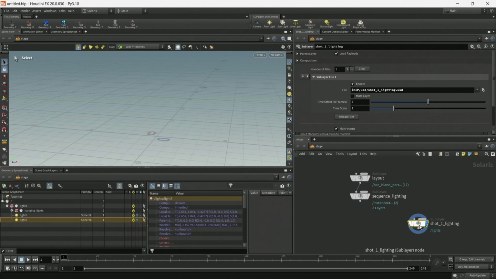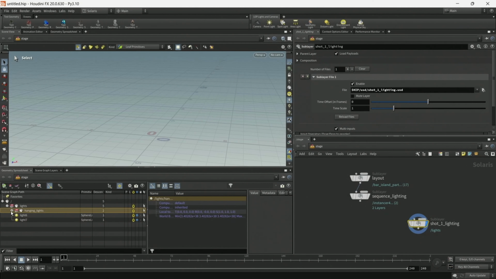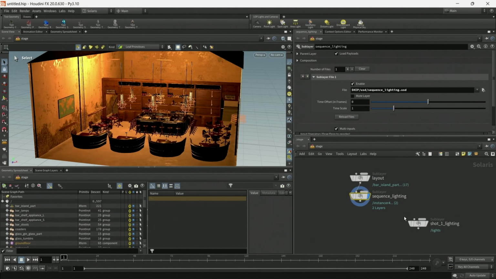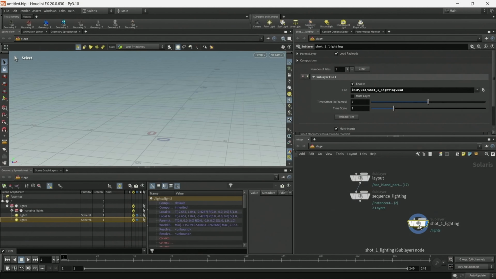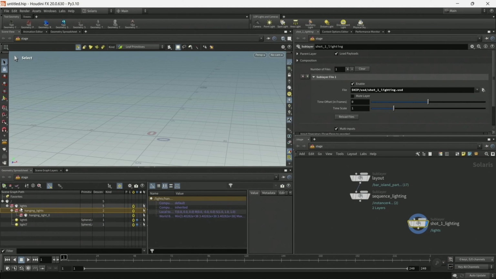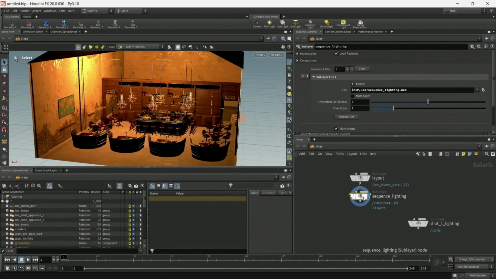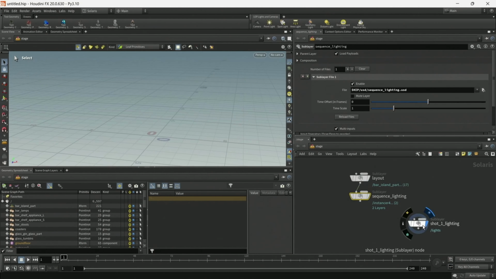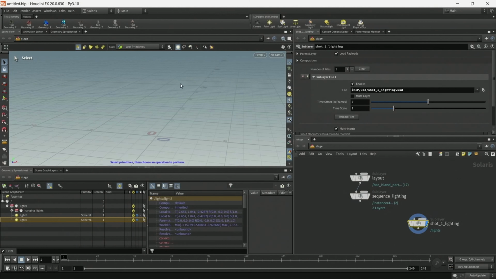If we display our shot USD file, we see nothing in the viewport. This is because the file contains overrides on the light that it's expecting from its input. Specifically, it's anticipating lights that are supposed to come from the sequence lighting USD file.